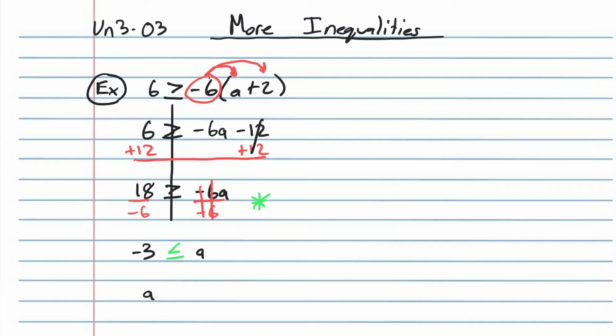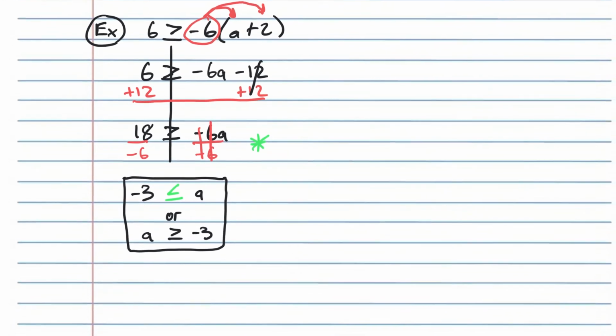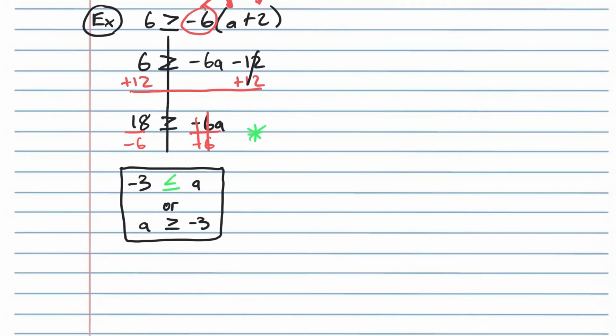So the a goes over here, the negative 3 goes over here, and you have to flip that symbol back around as well. So either one of these answers would be acceptable. The advantage to changing it the other way around is that if you have to graph it, the arrow essentially is pointing the direction you have to go. So if you do a quick graph,